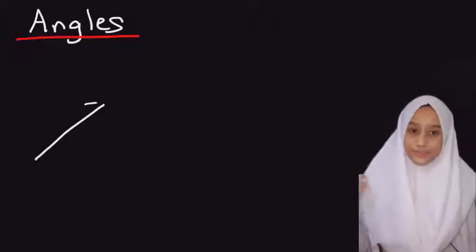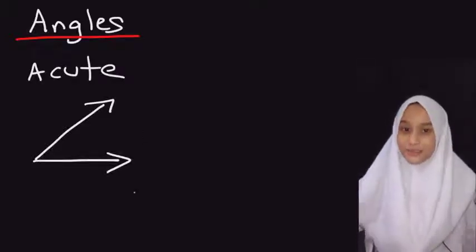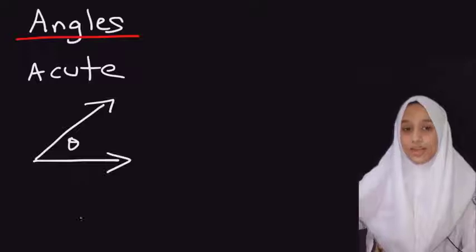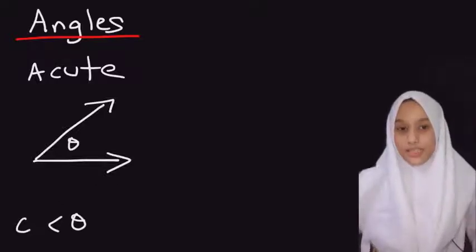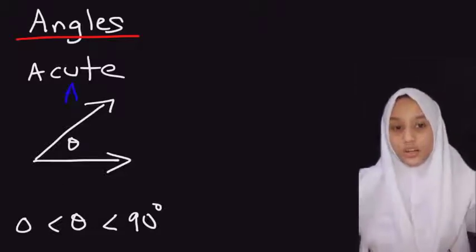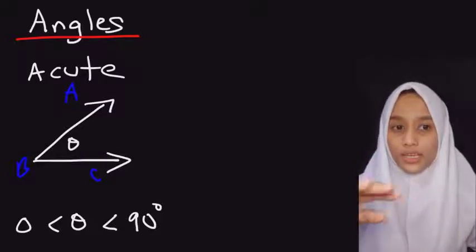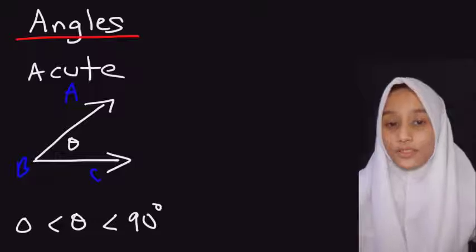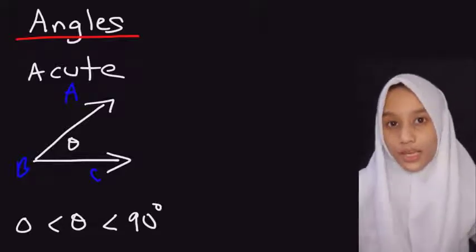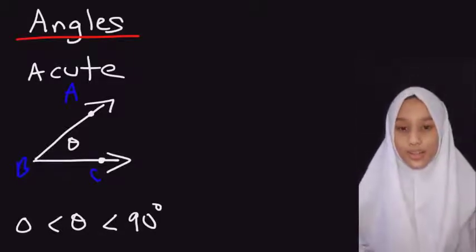There are four different angles that you need to be familiar with. The first one is an acute angle. An acute angle has an angle measure of anywhere between 0 and 90, but less than 90. That's what you want to take from this, and we can call this angle ABC. If you notice, an angle is formed by the union of two rays. Here we have ray BA and ray BC, and they form a vertex, creating an angle.